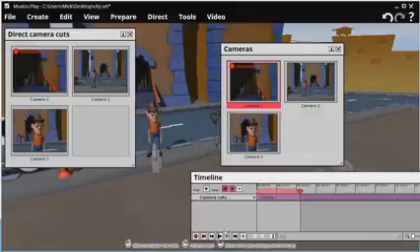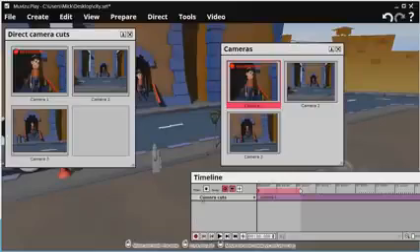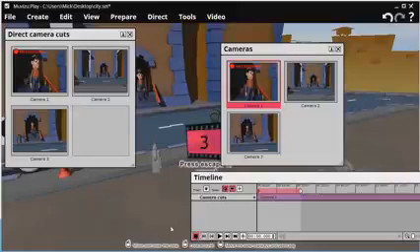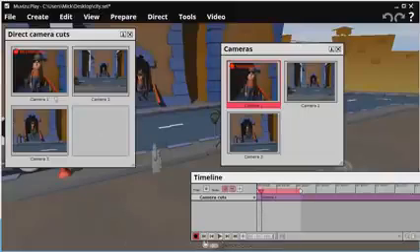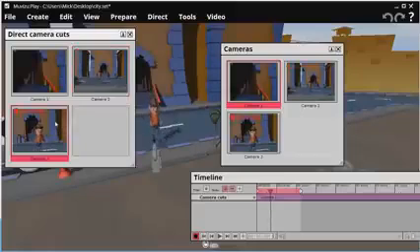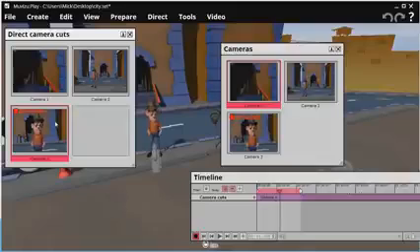Now this time we'll press record, and over time we will click between the cameras, and that will create the camera cuts, and again it'll all be recorded on the timeline. So off we go. 3, 2, 1, and he's looking around, there's a long shot, and back to this one, and we'll just leave that one there. Okay,